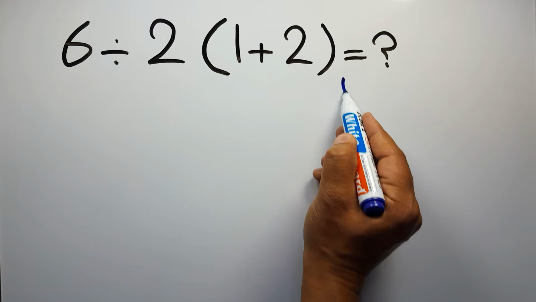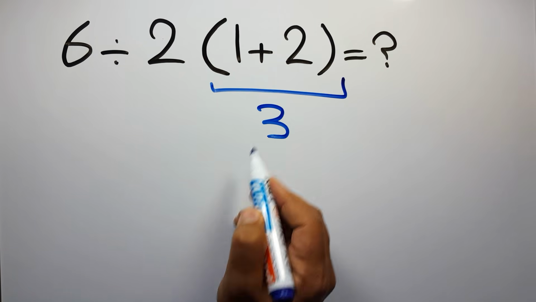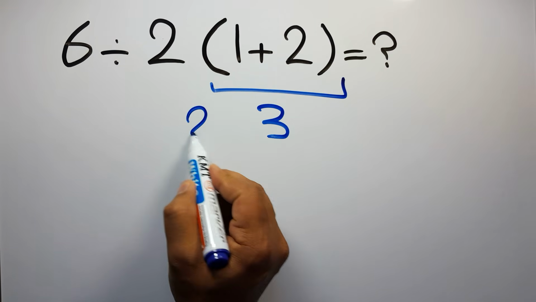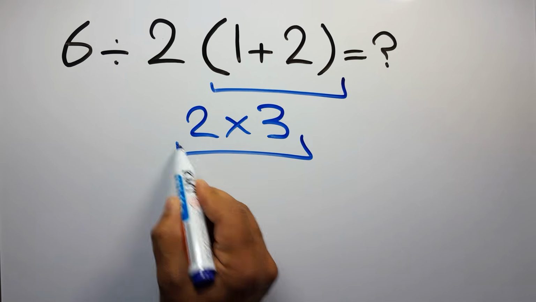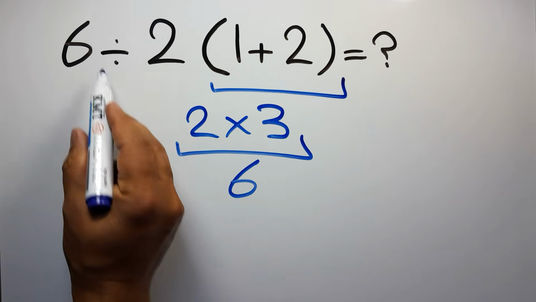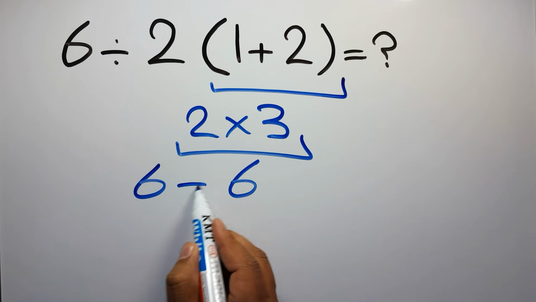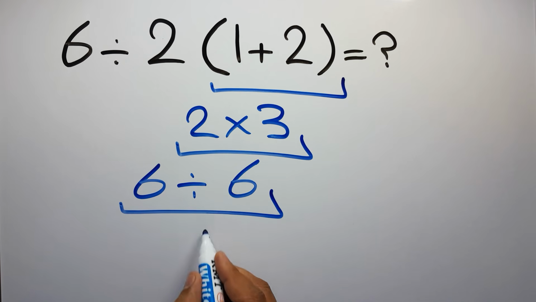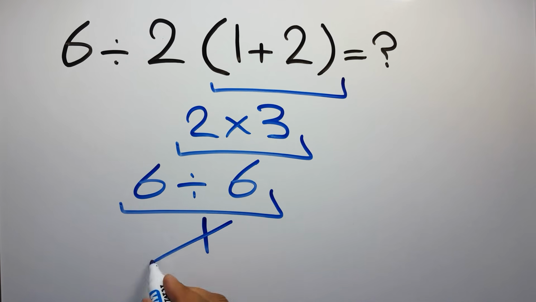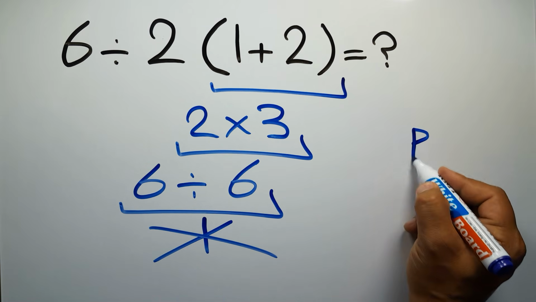1 plus 2 gives us 3, and 2 times 3 equals 6. So 6 divided by 6 is just 1. But this answer is not correct, because according to the order of operations, which is PEMDAS,